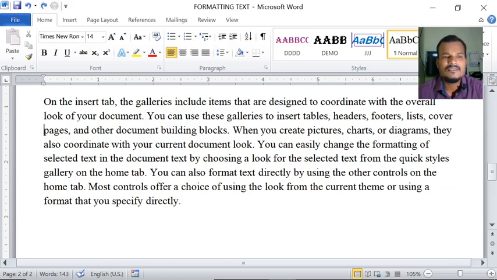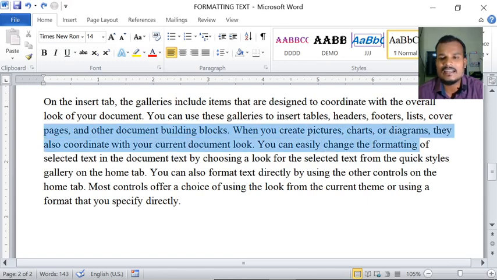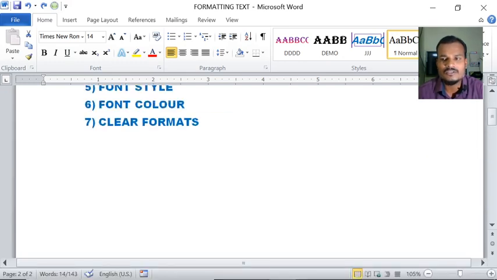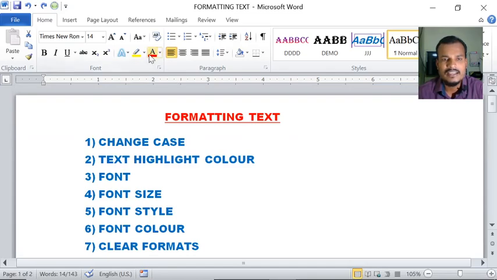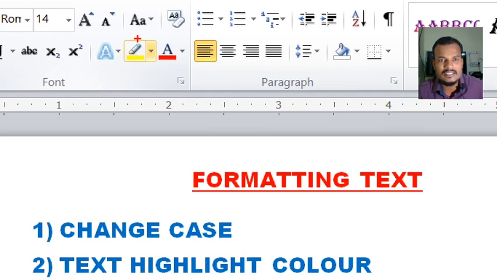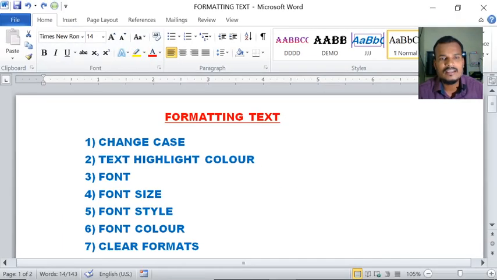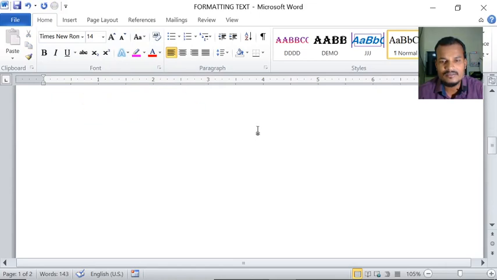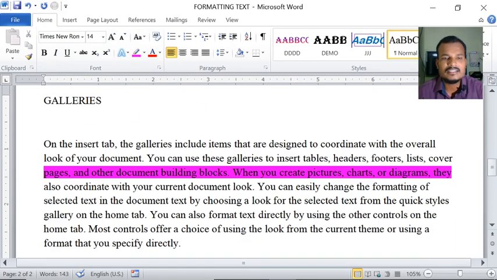So for that, we have to use the option text highlight color. Select this one, and for highlight, choose which color you want to use here. Text highlight color, here is the option. See here, this is the option. Okay, see here, I am choosing a color, for example, pink color. You observe here, the third line is highlighted.